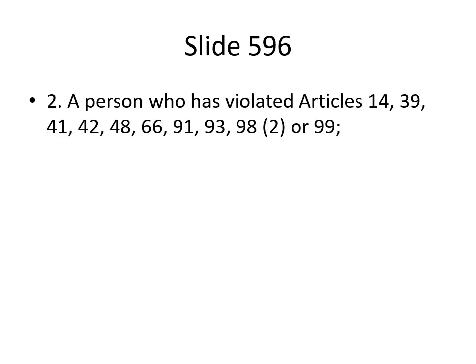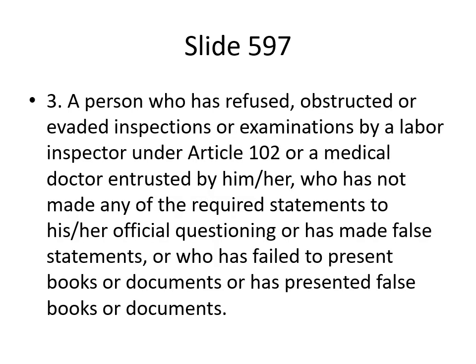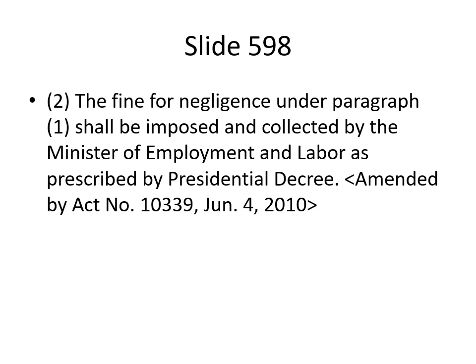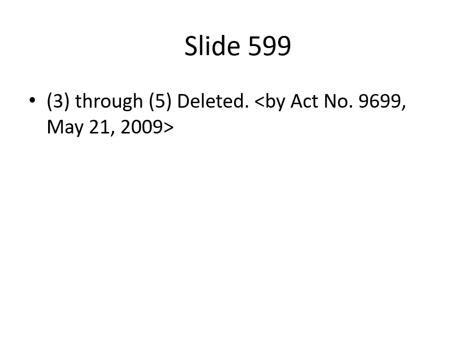2. A person who has violated Articles 14, 39, 41, 42, 48, 66, 91, 93, 98(2), or 99. 3. A person who has refused, obstructed or evaded inspections or examinations by a labor inspector under Article 102 or a medical doctor entrusted by him or her, who has not made any of the required statements to his or her official questioning or has made false statements, or who has failed to present books or documents or has presented false books or documents. (2) The fine for negligence under paragraph 1 shall be imposed and collected by the Minister of Employment and Labor as prescribed by Presidential Decree. <Amended by Act No. 10339, June 4, 2010> Paragraphs 3 through 5 deleted. <Act No. 9699, May 21, 2009>